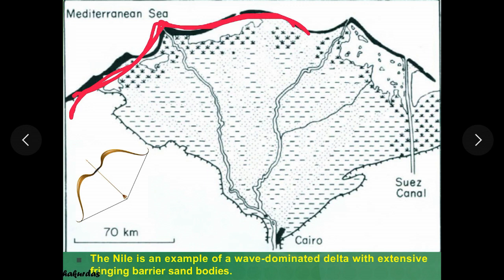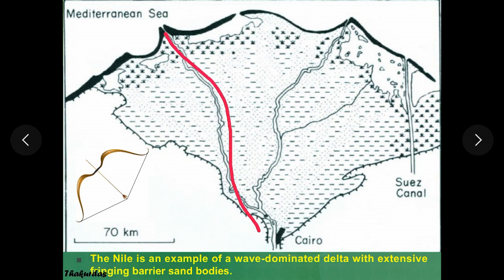Now you can see that this shape has formed on the either side of the distributary channel, if you see carefully here. So the sediments which are carried by this distributary channel into the sea, they get redistributed on either side of the distributary channel to form a smooth concave outward profile, and the whole structure looks like a bow. So sometimes it is arcuate shaped, in few cases it is cuspate shaped.